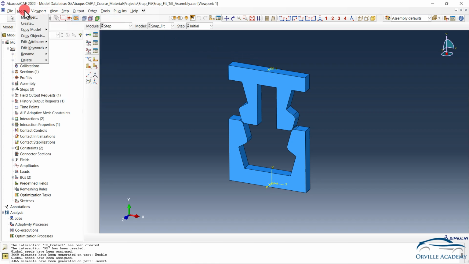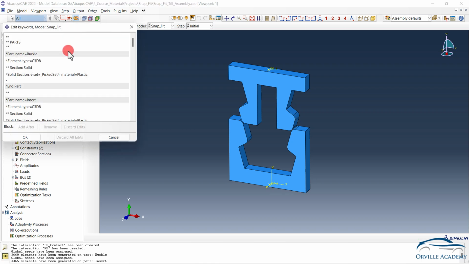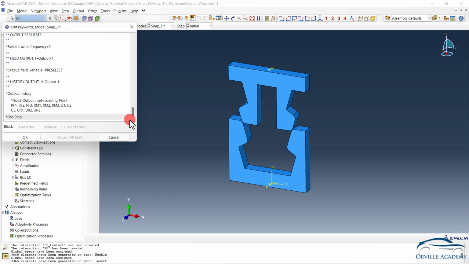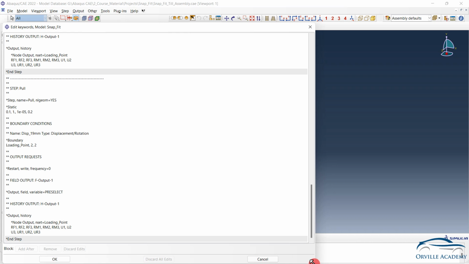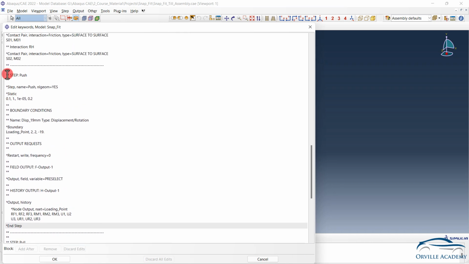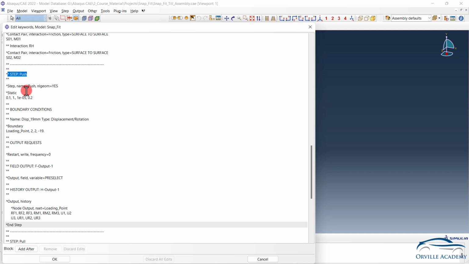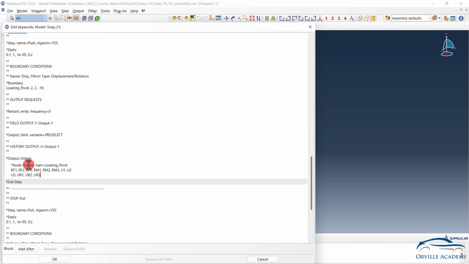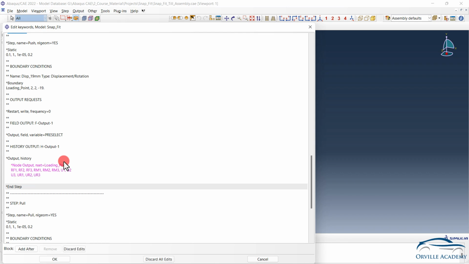To monitor this node, we can go for model, go for edit keyword and go for the snapfit. Let us scroll downward. Let me try to maximize this one. Then let us scroll upward. So this is our step number 1, the push step. Scroll downward and here you can see star output history. So just below that, let me type star monitor,